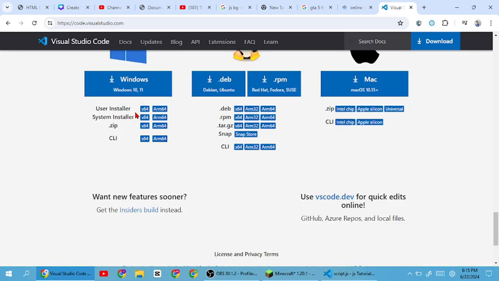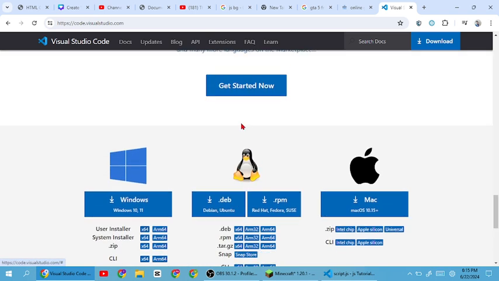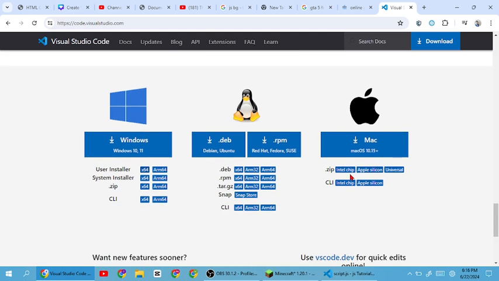You only need the 64-bit, and 64-bit ARM, and both Linux and Windows need this. The other one is the Mac. You can see Intel chip, Apple Silicon, and Universal, and then you can